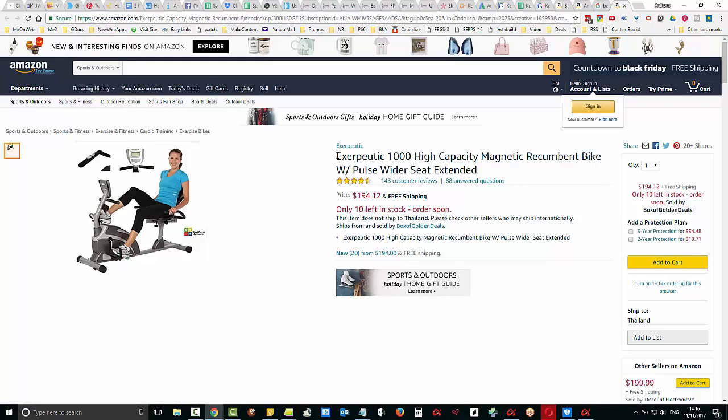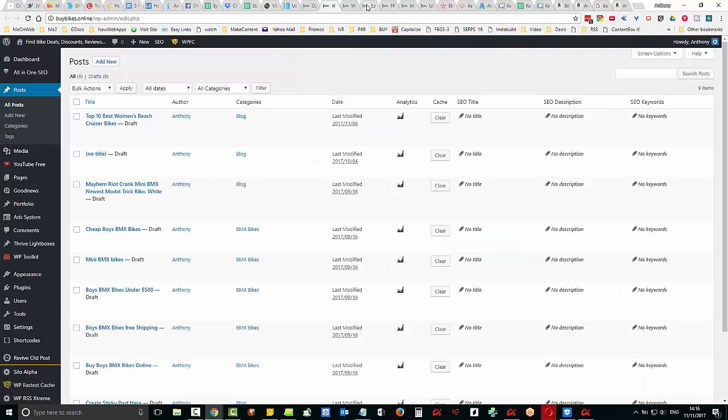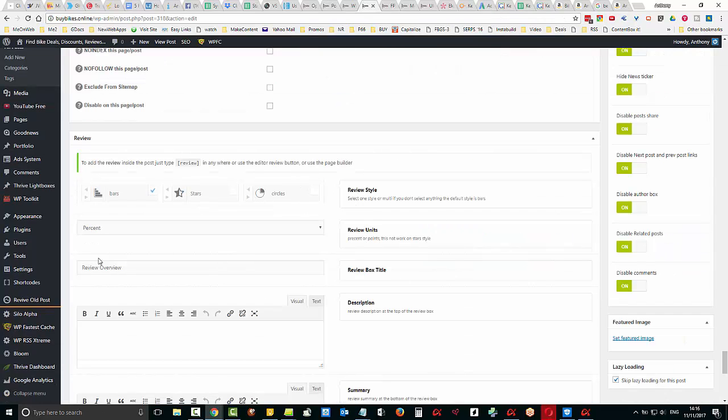I'm going to take that part here that says Exaputic 1000 high capacity. Actually, let's just take all of this, copy that, and I'm going to come into my post edit area, and up here I'm going to choose stars. If we choose stars, it's going to show up in the search results like those little stars. We're going to put in 4.5, and where we have the review overview, we're going to put in here